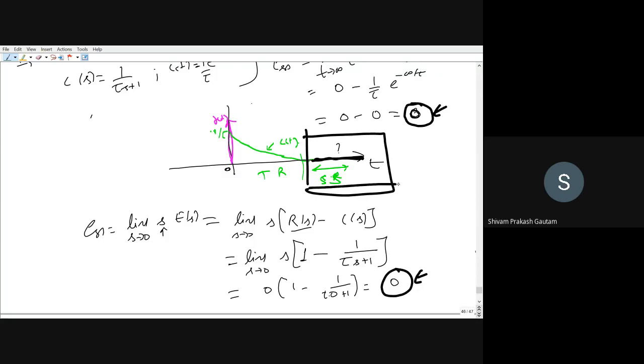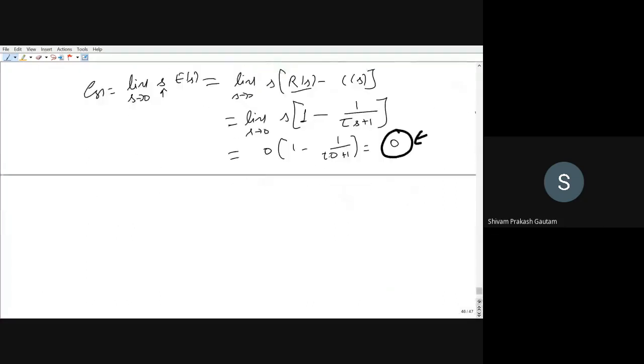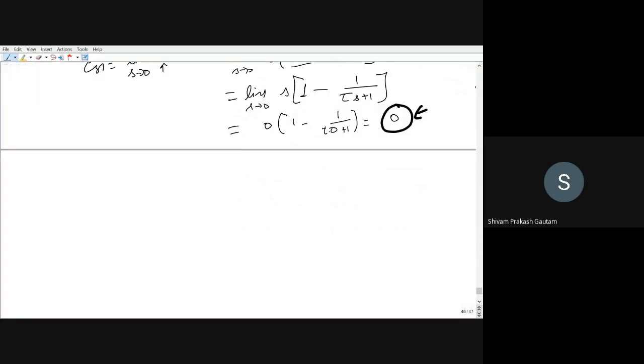You can observe in this part, after the transient period is over, our steady state error is 0. What is steady state error? Input minus output at t equal to infinite, when t tends to infinite. Or you can also say, at steady state, what is our error? So there is one note for you guys. I will write the note.